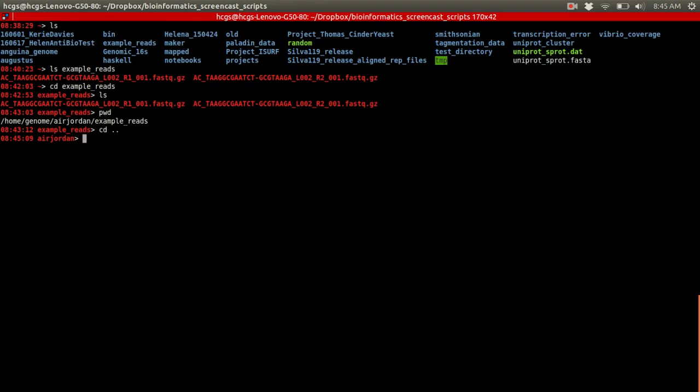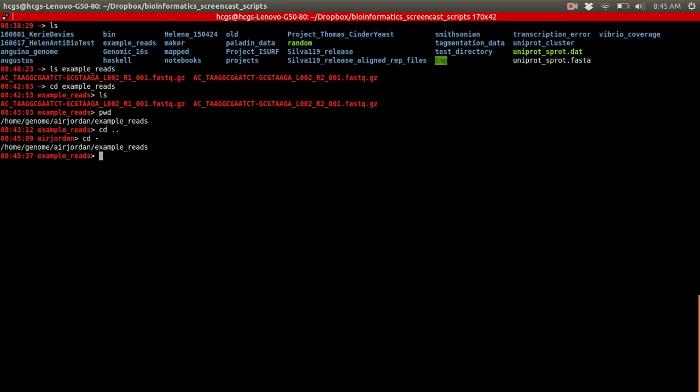Now let's go ahead and change back into that example reads directory. Although what I'm going to do in this case is use a shortcut. So cd space dash. The dash is going to be like a backspace in a web browser. When you use it, it's referring to the thing you just changed out of. So if I use it like this and hit enter, it takes me right back to the last thing I was in. And also, as an added bonus, it's going to show you the absolute file path to what you